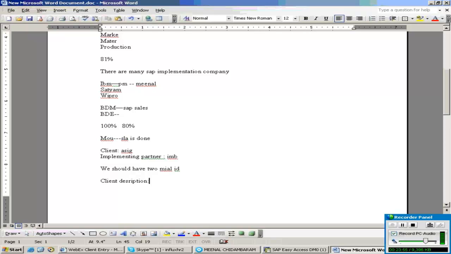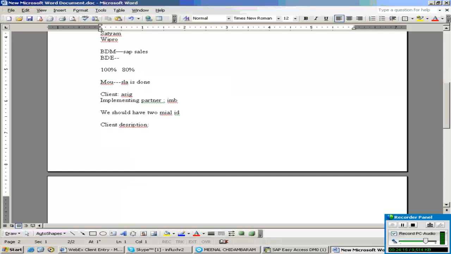So that's the reason. Though you work in payroll, you should know how many personal areas are there, how many sub areas, how many employee groups and subgroups, because you have to run payroll for each and every employee, right? Yes. Okay. So first you have to know the client description. Once you know the client description, you have to know the type of industry and each and everything. That's it. After that,